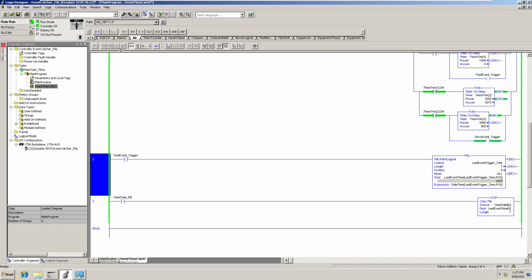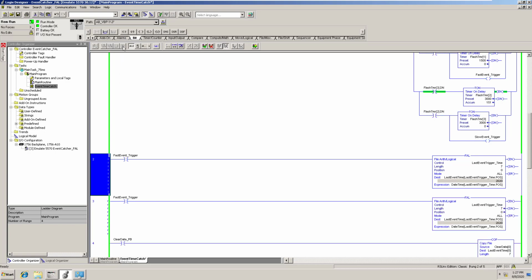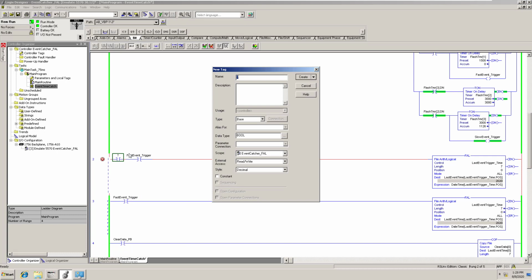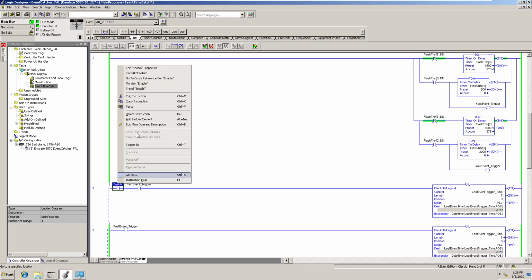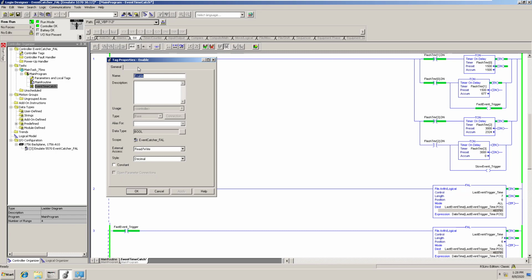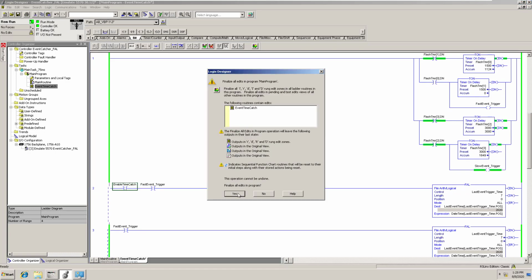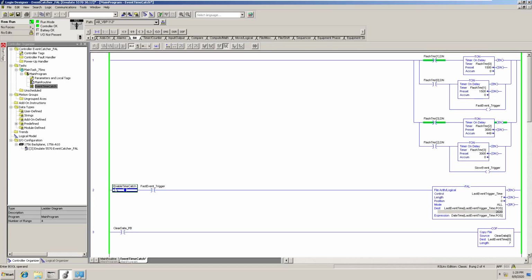So we can throw another enable right here. So we'll call this enable, enable, just for the simple fact of what we're doing. Enable time catch. Real simple. That way it doesn't trigger all the time, and we know we can come down here and